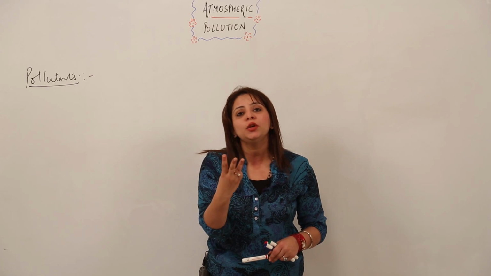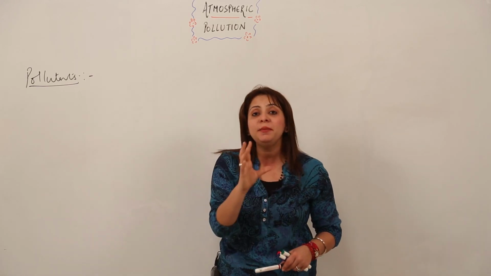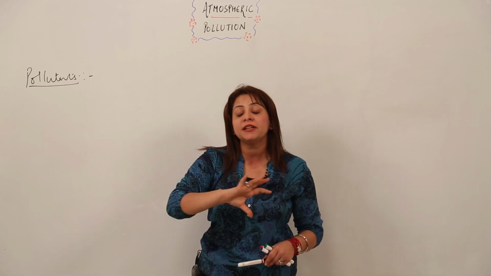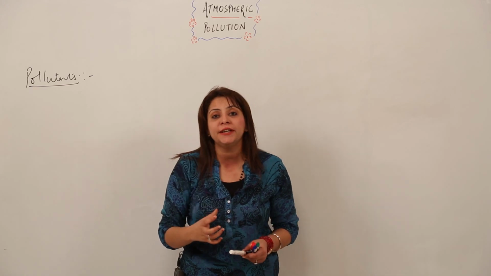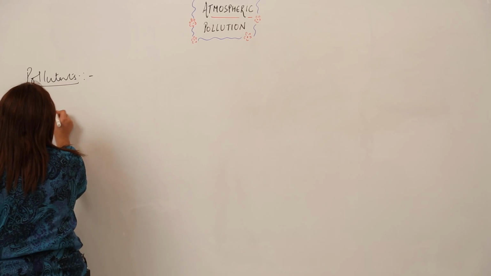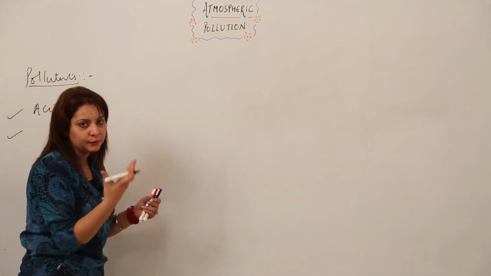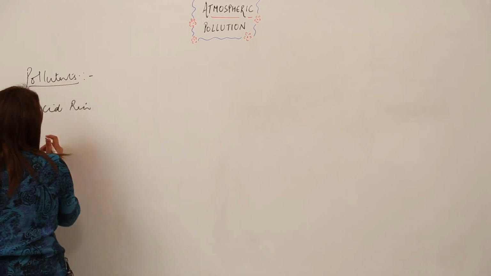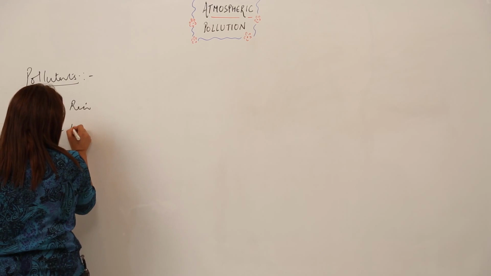There are three main causes leading to atmospheric pollution, three important phenomena causing adverse effects on the atmosphere. Those three phenomena are acid rain, you must have heard this word before as well, global warming,